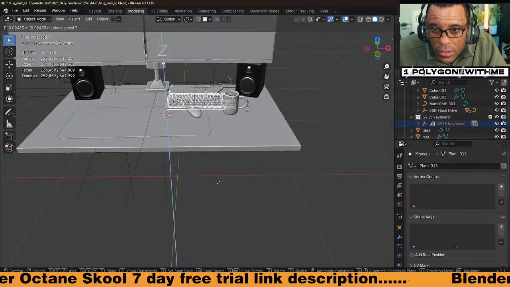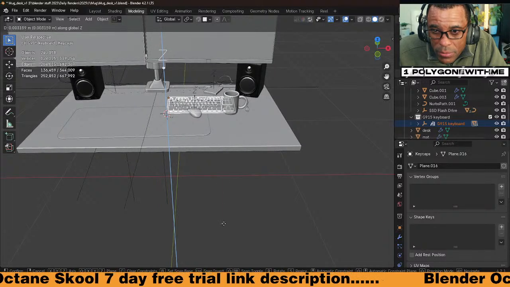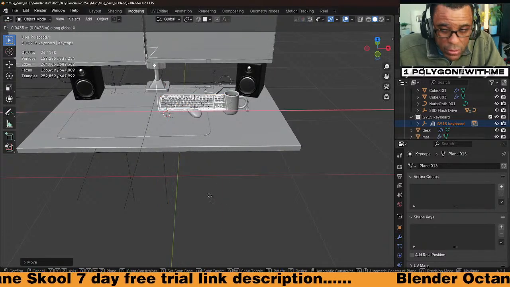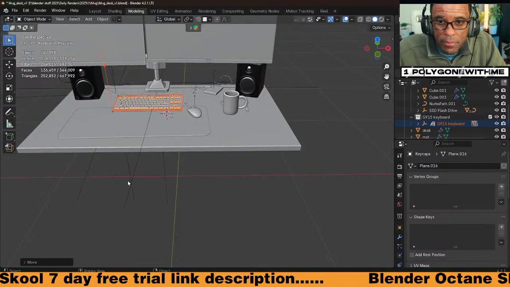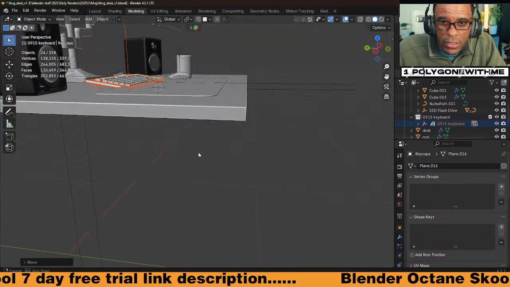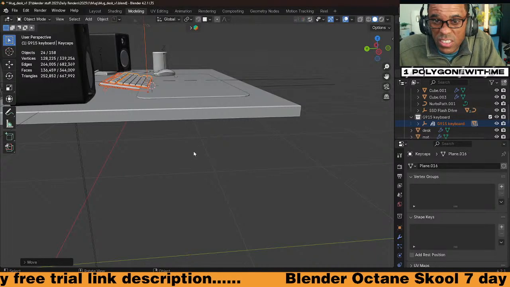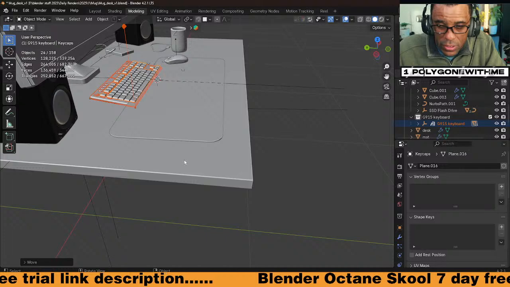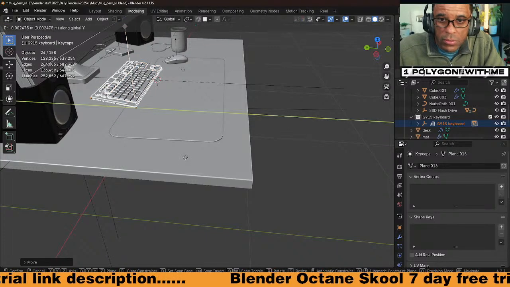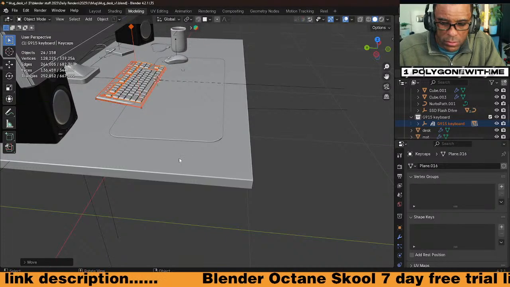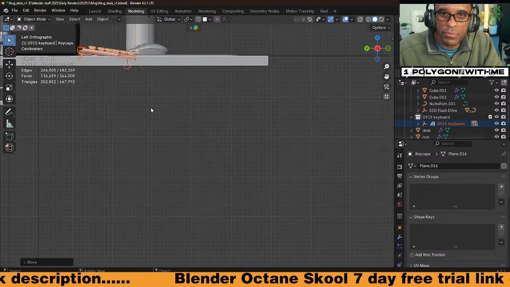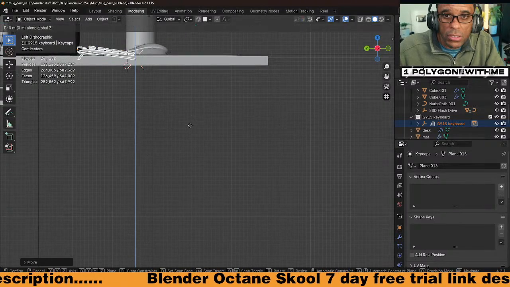Alright guys, I'm getting tired. No, I'm not getting tired. I am tired. And that's almost kind of like in the position of my real keyboard right now. Like I have it way forward, almost exactly off this mat. Let's bring it down just a little bit though. Let's come here to the side. Let's go GZ.